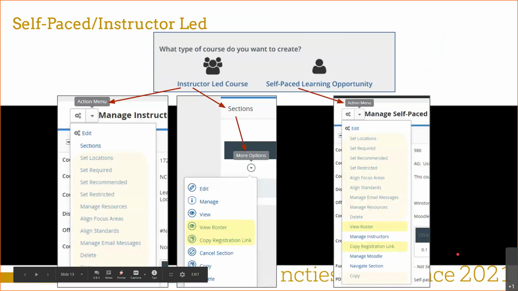So let's look at the self-paced learning opportunity. I did want to do a quick show of the navigation action menus, because once you get in there, we're not going to go over self-paced learning today because we don't have enough time on our venue today. But the self-paced learning opportunity has an action menu. I've highlighted in yellow